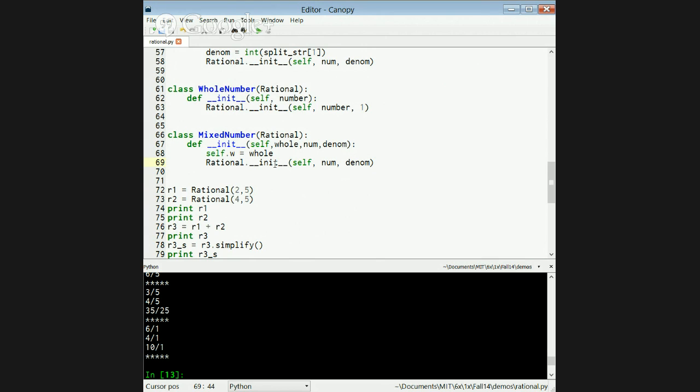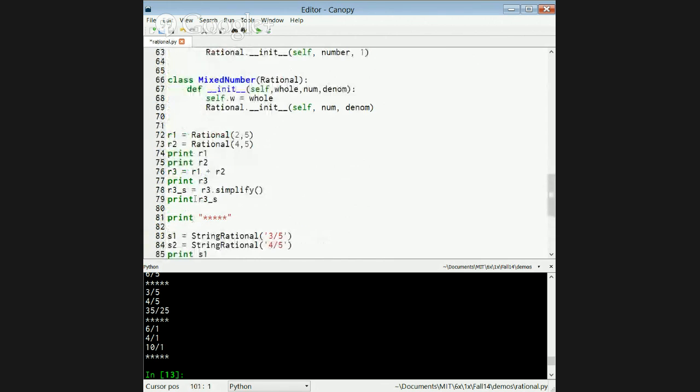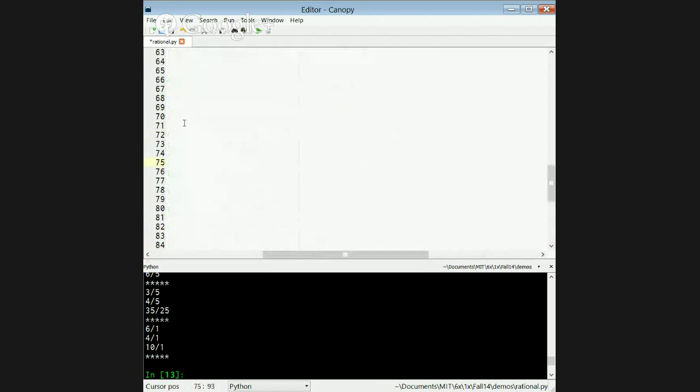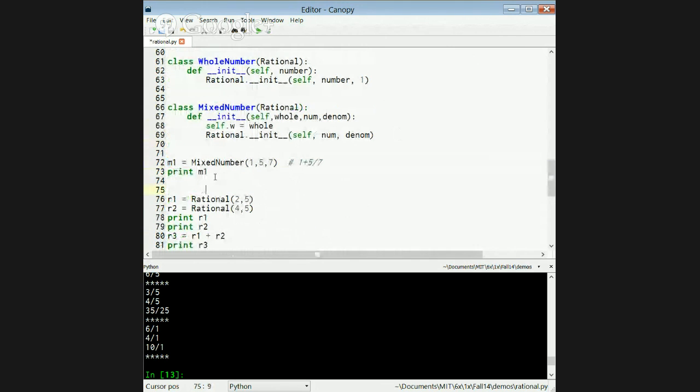Okay, so with these 2 lines, what happens is when we have an instance of a mixed number, M1 for example, here, let me put this up here. When we have an instance of a mixed number, M1 for example,